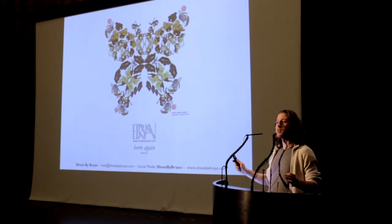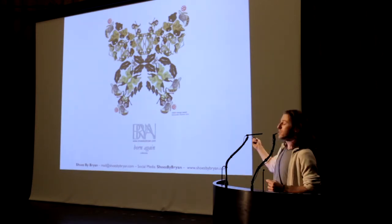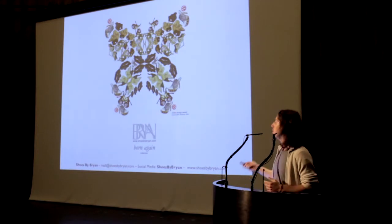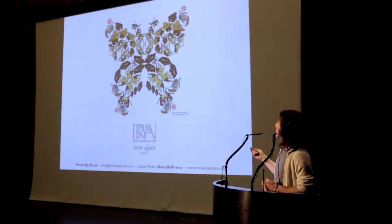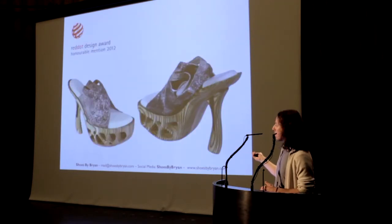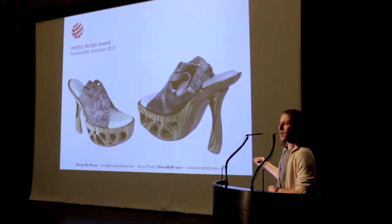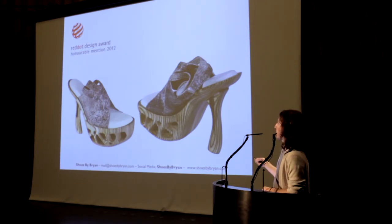But where it's expensive to make one shoe out of titanium, all of a sudden the theme for this collaboration lent itself to using plywood, which comes as a flat sheet material. You cut little parts out, and you can sculpt it. So you can fit multiple pairs of shoes into one sheet of plywood. So I'm going to point out butterfly heels, and I'm really proud of this design because I